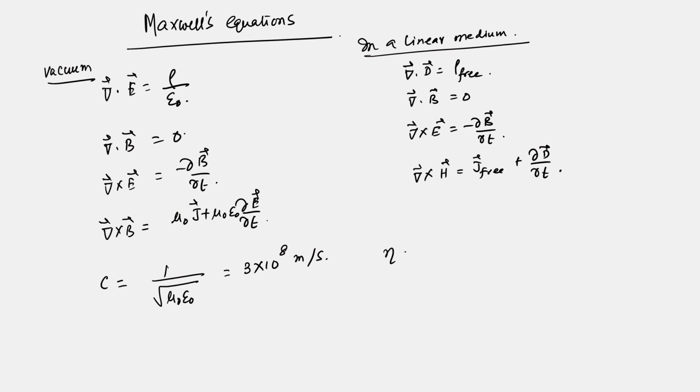And this eta, which is root of mu 0 by epsilon 0, is called the impedance of free space, and has a value of 377 ohm. Okay. So, one thing one can talk about for Maxwell's equations is that they never make any distinction between positive values of mu 0 or epsilon 0. In fact, they do not exclude these values, and in fact epsilon equal to 0, or epsilon less than 0, mu greater than 0, and so on,